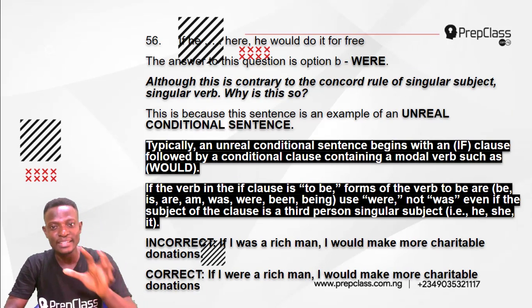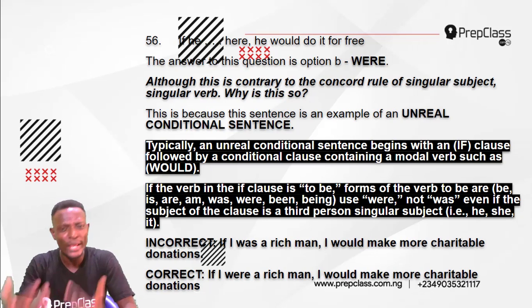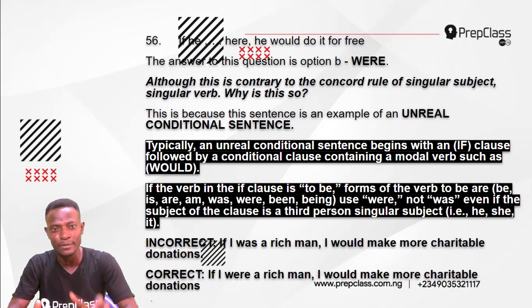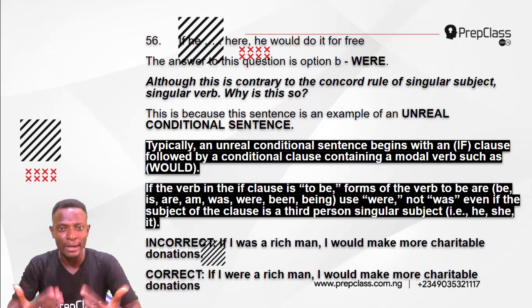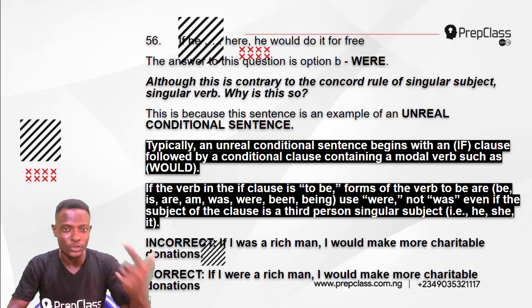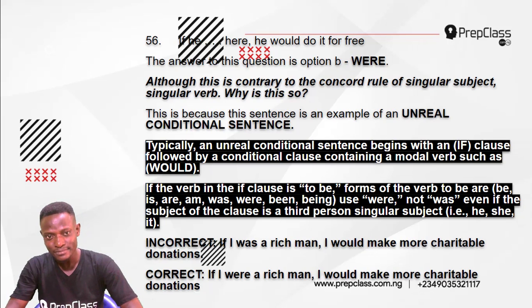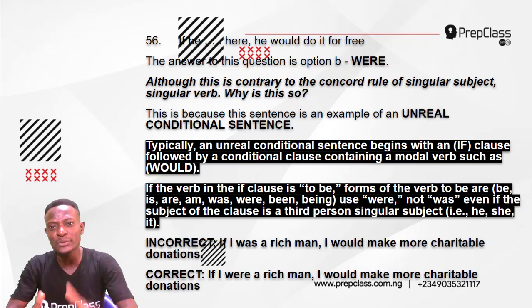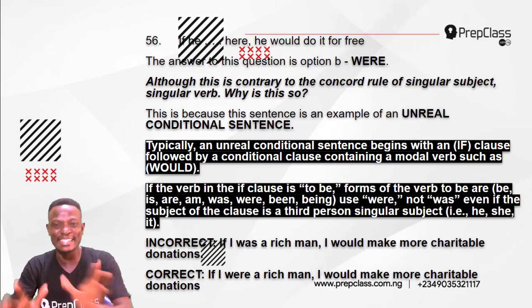Now, the answer to this question is option B, were. If he were here, he would do it for free. Now, why are we using were? Since were is the plural verb and we have a singular subject, he. And remember, the Concord rule says that a singular subject should take a singular verb. But here we have a singular subject, he, taking a plural verb, were. Now, although this is contrary to the Concord rule of singular subject, singular verb,